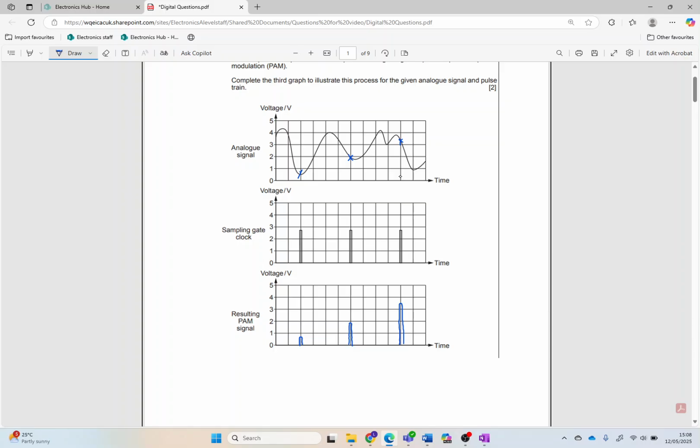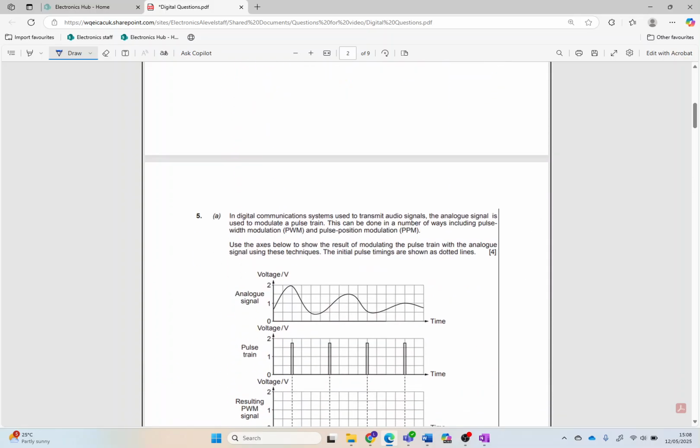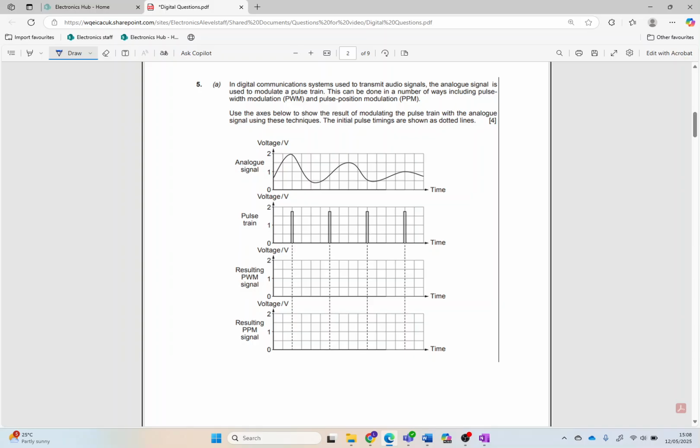Basically, it's just measuring the voltage at that point in time. Whereas if we look at pulse width and pulse position modulation, then we're going to vary our width to start with according to the pulse. Now our signal is all positive, so therefore this is our original pulse train, so it's going to get wider than this. If we had any negative voltage, then it would get narrower than this. So if this is our maximum,